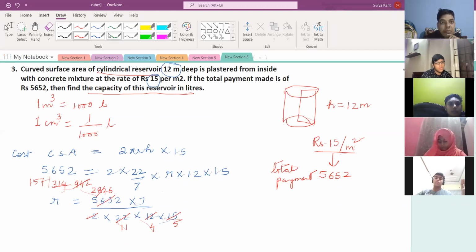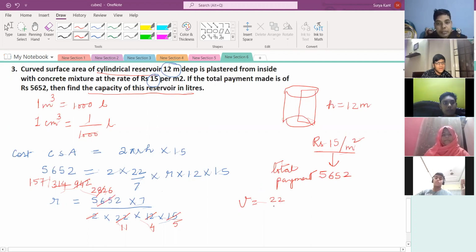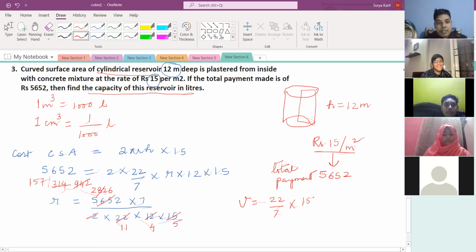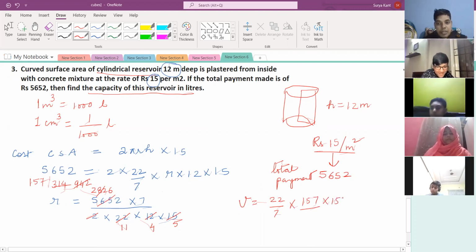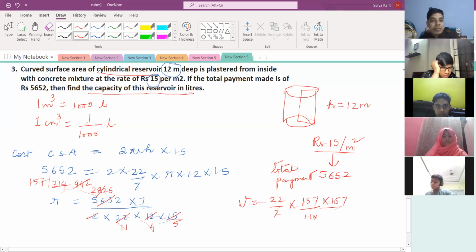So if you find the volume here, find the volume, 4 by 3 pi r cube, right? No, volume is what? Pi r square h, right? So pi r square is coming so big, right? Some weird value, sir. Yeah, weird values coming. Very weird.